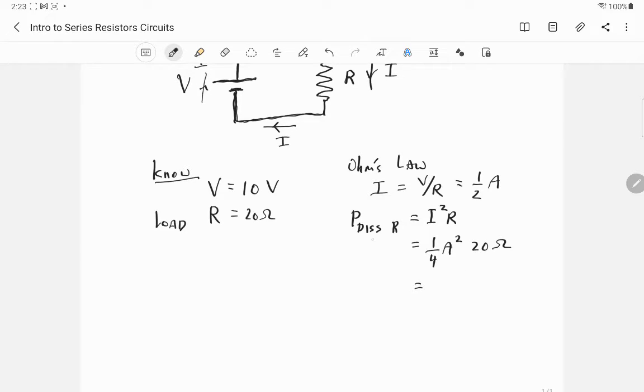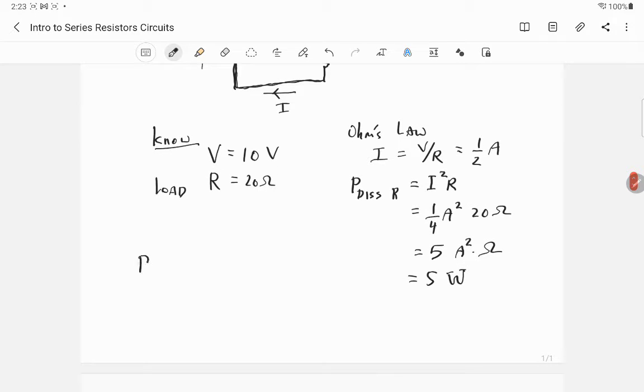We're calculating a power. We're using SI units. So whatever we calculate, right, 20 divided by 4 is 5. Amps squared times the ohm is equal to the watt, right? So 5 watts of power dissipated by R. What's the power